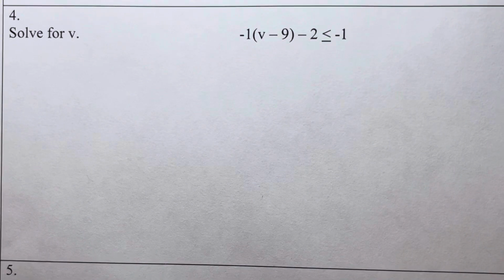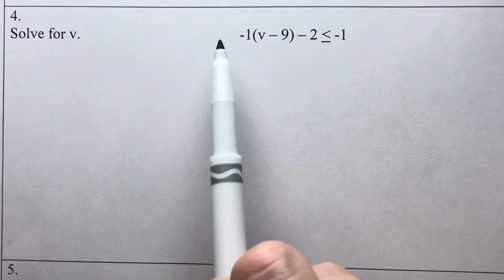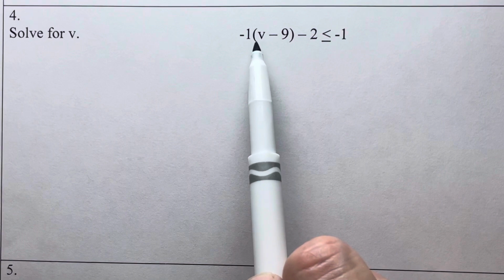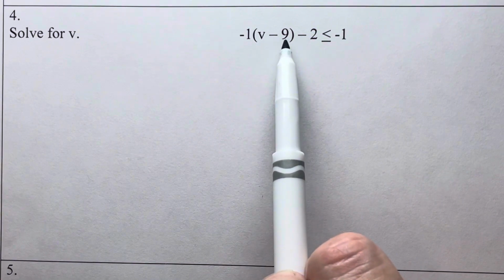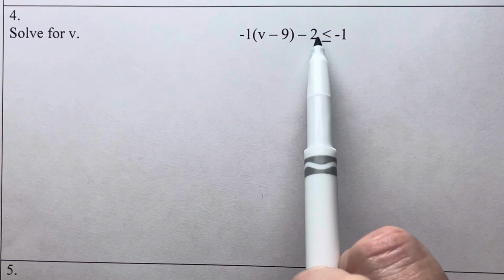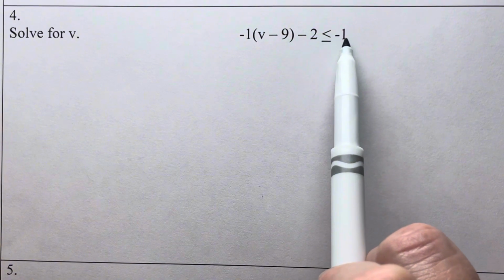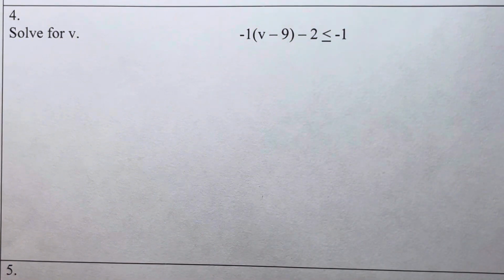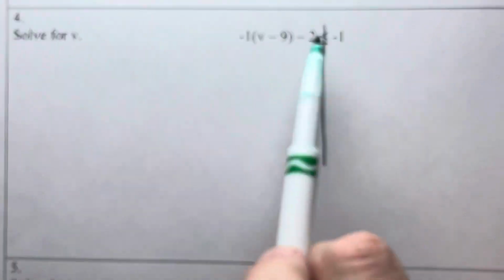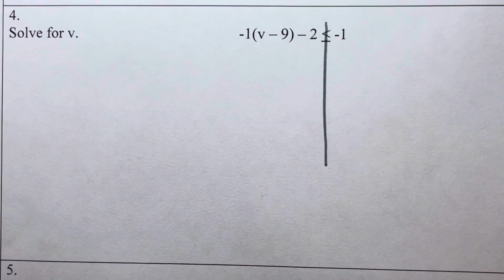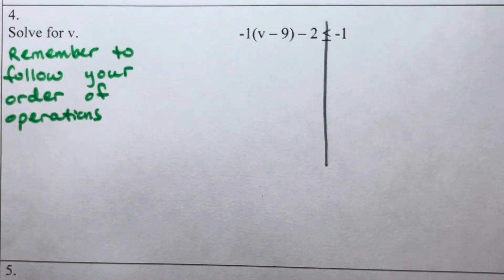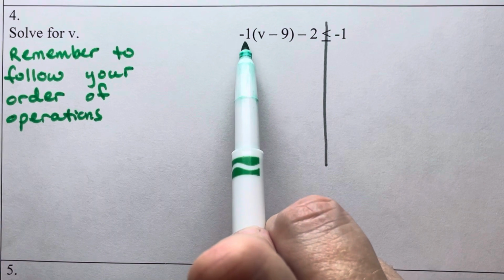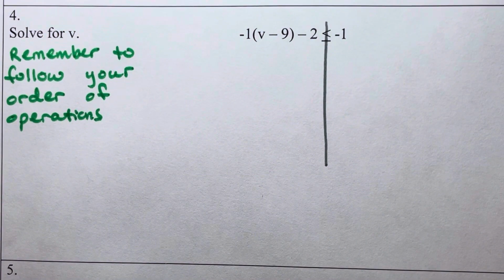Example 4, we're going to solve for v, where -1 times the quantity of v minus 9 minus 2 is all less than or equal to -1. There's a little more going on with this inequality than with our previous examples, so we have to remember our order of operations. Before we can deal with the -1 out in front of the parentheses,